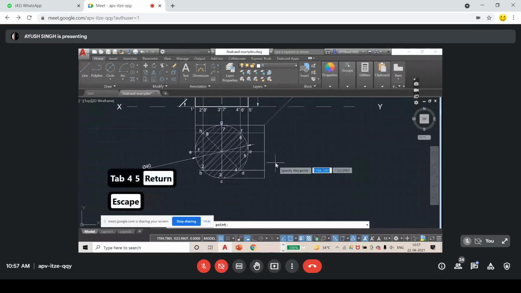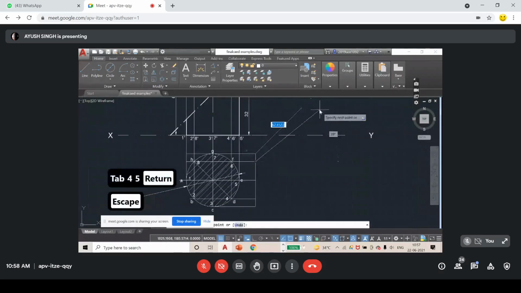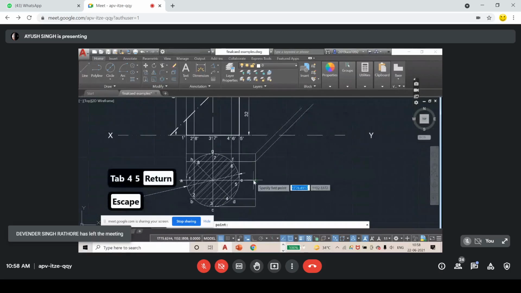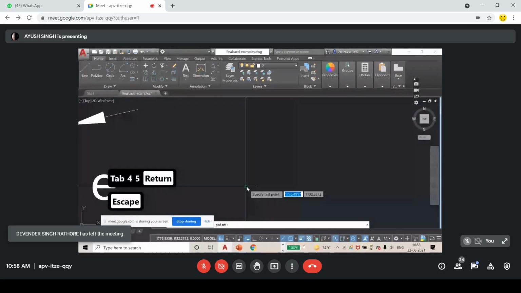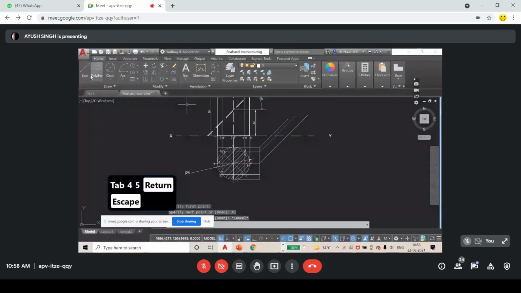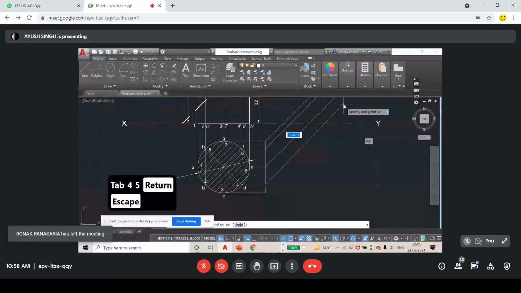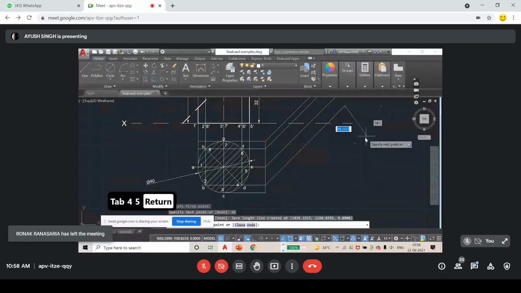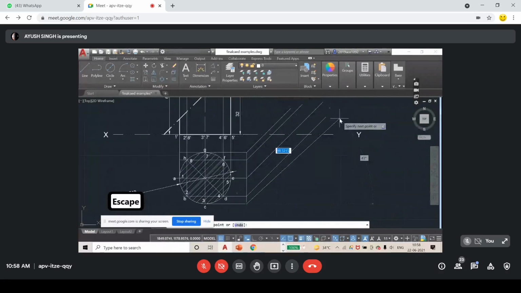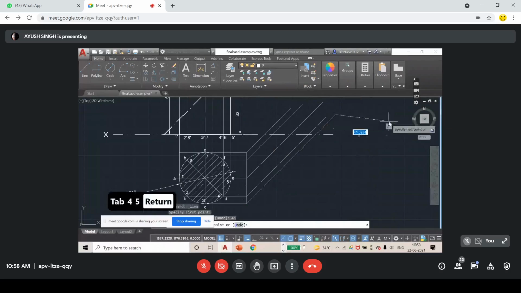Similarly here, at 45 degrees. Similarly, see, zoom in. It is at a midpoint only, at an angle of 45 degrees. See, zoom in, at an angle of 45 degrees.